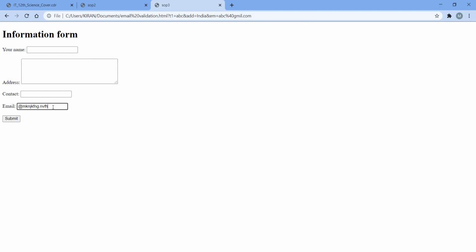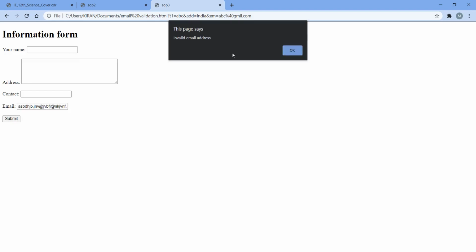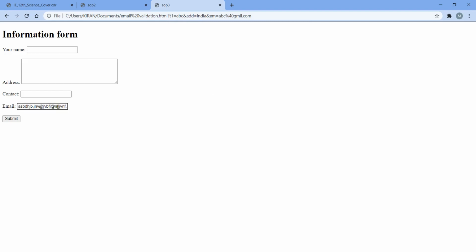After that, again, let's see, we'll enter more than one symbol. Okay, there I have placed two symbols. Submit. Invalid email address.